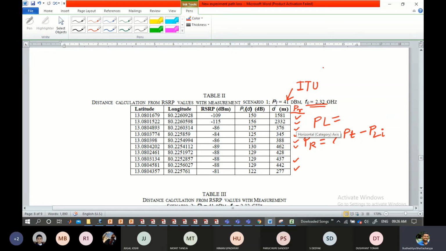It's a base station, and that is how much power is delivered from the base station. All right, so you keep that 41 dBm intact. In order to calculate PR, you will need this as a constant, so keep PT as constant. You will have a varying PL based on the model that you are referring to, because the model again varies with respect to the distance. PL is a function of distance. So you will have a different set of values of PL, and you will get PR1, PR2 like that. So you put it over here.